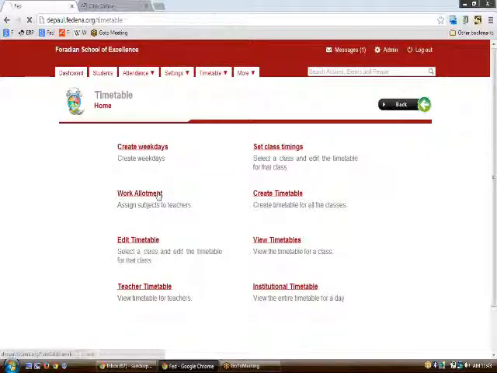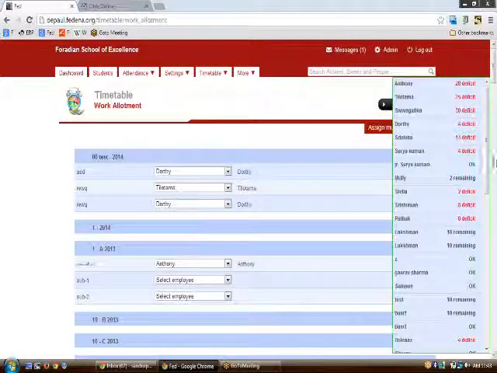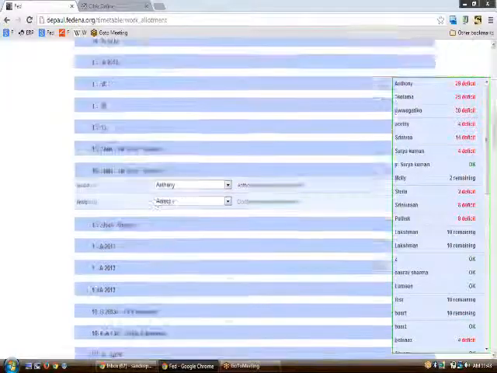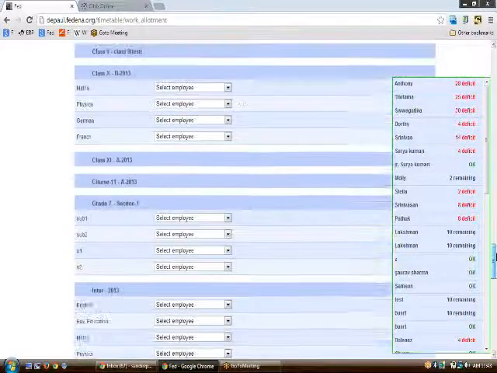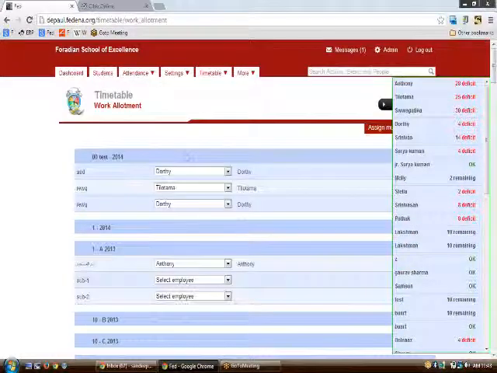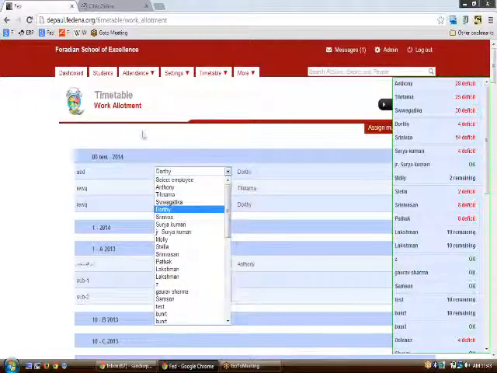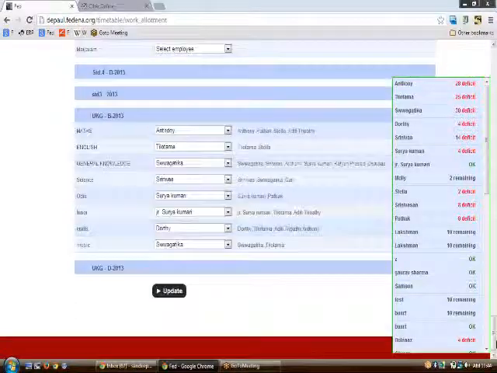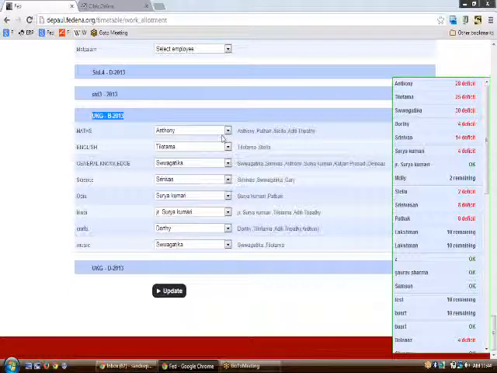Then comes the work allotment. In work allotment, you can see a bar here, and the rest of the periods and rest of the subjects that are to be done have to be entered here itself. So let us say that you have a batch called UKGB 2013, and in this particular batch, all these subjects that you are seeing one by one, whether maths and the rest, are assigned to each of these employees here.